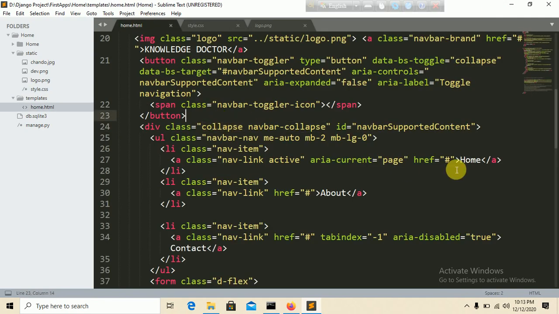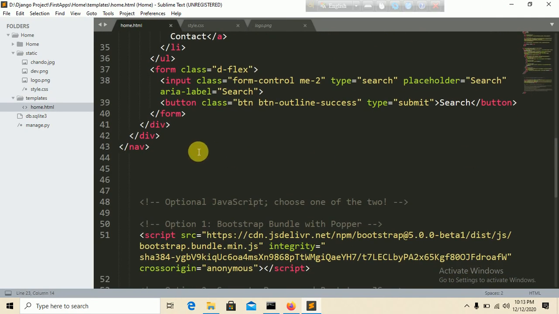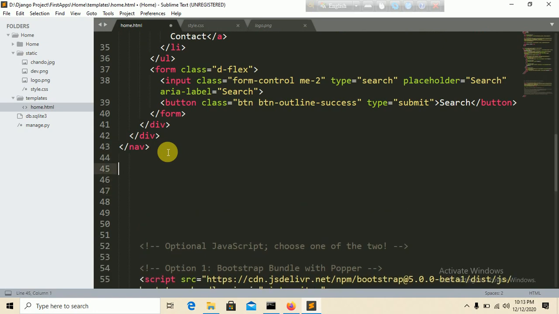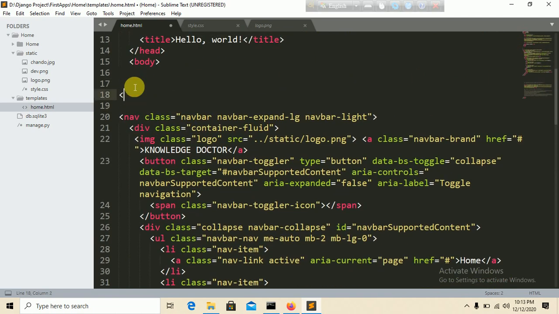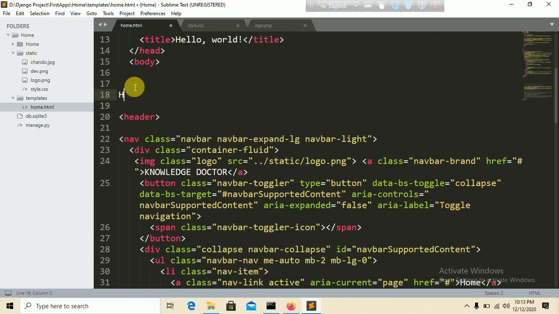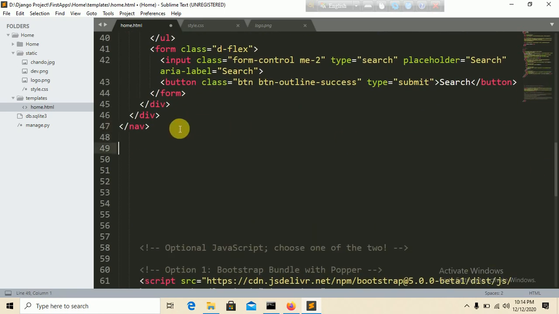Okay, so let's go here, and this is navbar, or you can put here a header link, header. Okay, let's say header, class header. So this is our header part. You can also add some comments. So header, okay, so navbar. Okay, so this is our navbar, and let's say end navbar